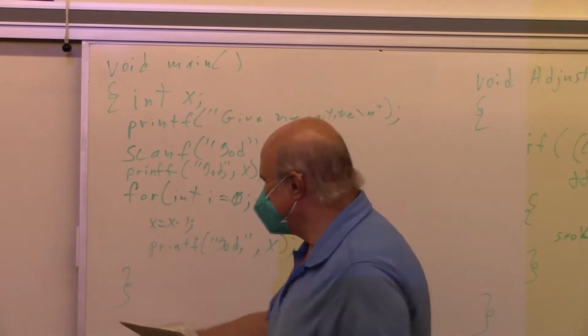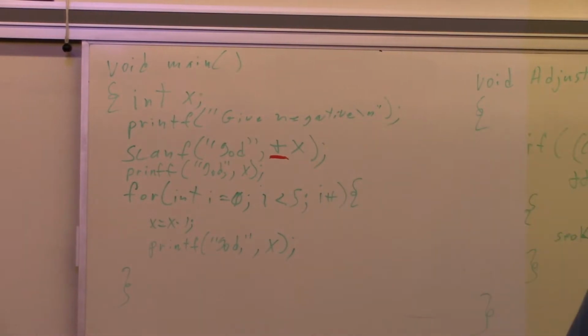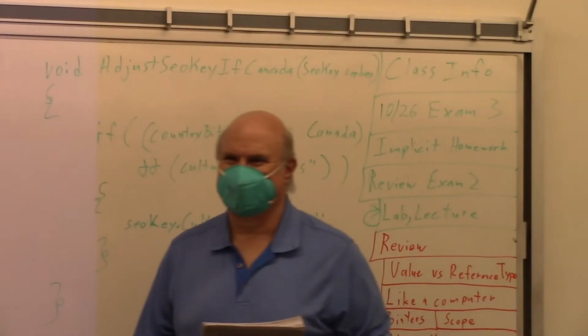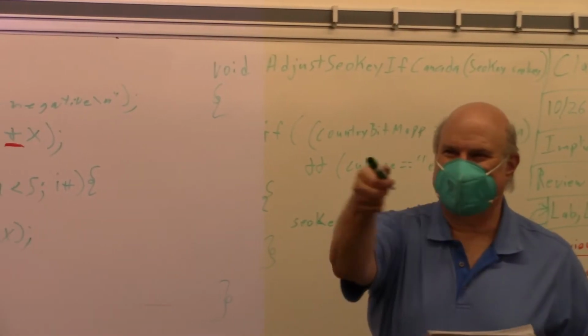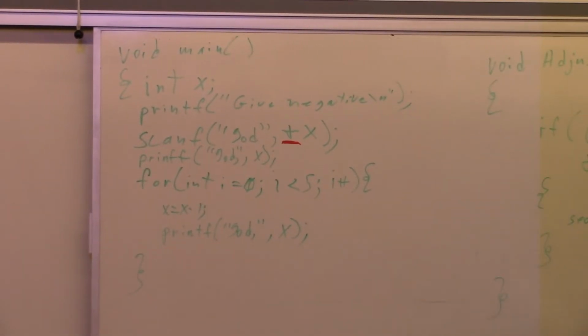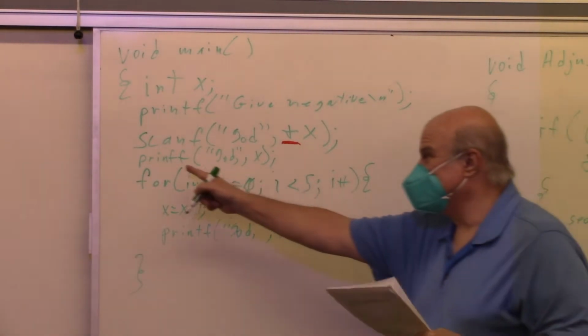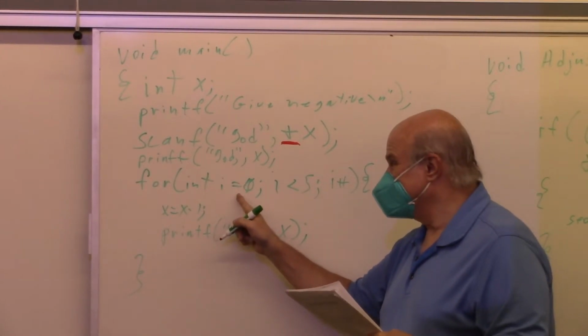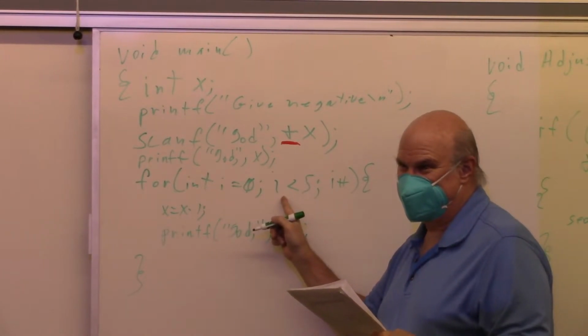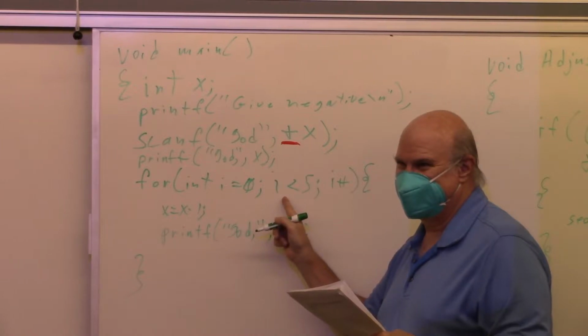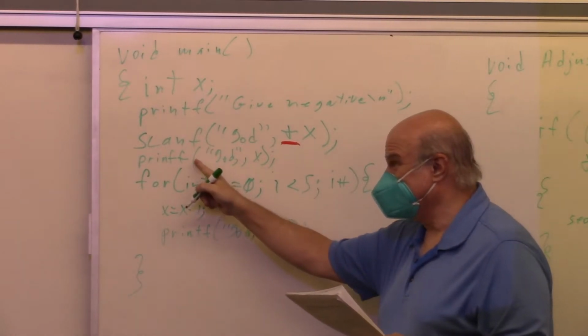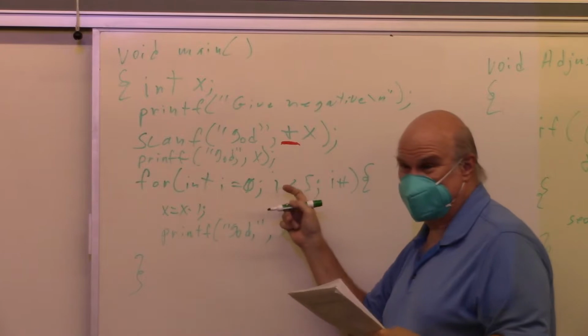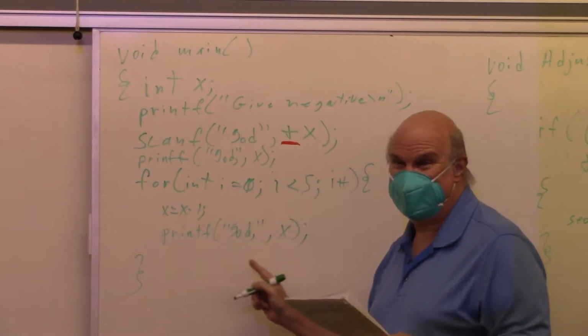Next person, will that work? You have a 50-50 chance. Yes. No. Next person, why will it not work? What do you think might be wrong? How many printfs are going to be executed? Here's one printf. How many times will this printf be executed? 0 through 4. 0 through 4 is how many times? So 5 plus 1 is 6, and we're only supposed to print 5 numbers,